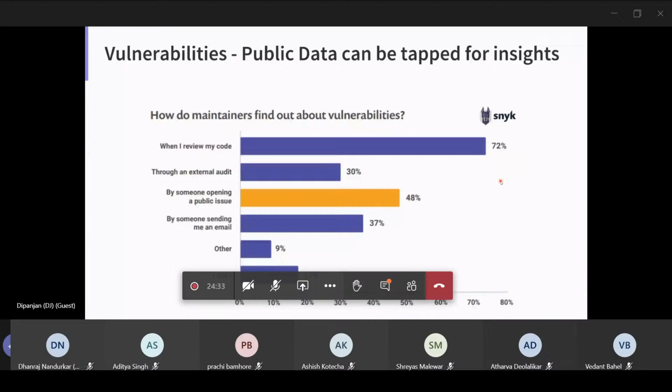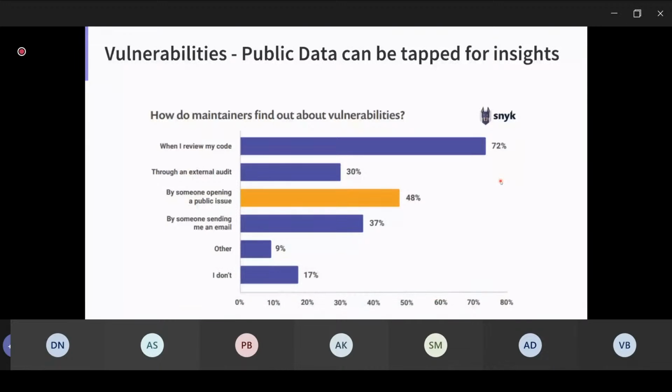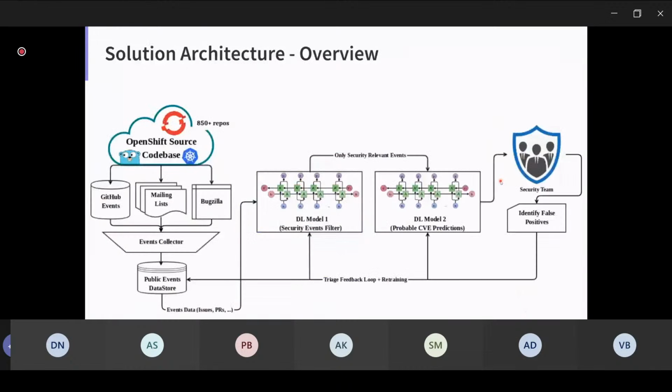So developers from Google itself, as well as companies who are using Kubernetes, will be actively discussing this in open source forums, on GitHub issues, pull requests, and so on. So what we did was build this complex system where we pulled in open source data from GitHub events, forum discussions, and open source bug reports, and then we extracted the text data from that, and we passed it through some pre-trained deep learning models, which include natural language processing based models